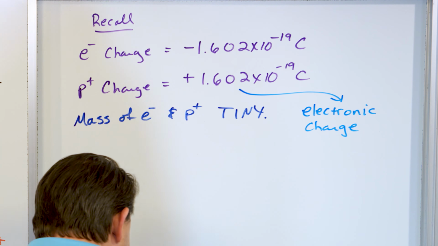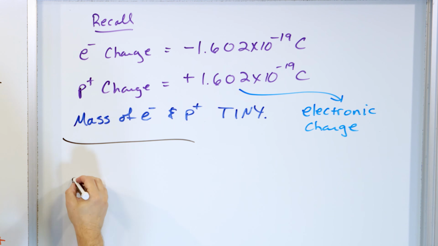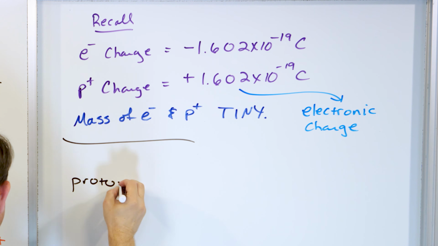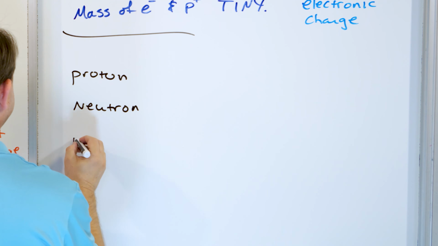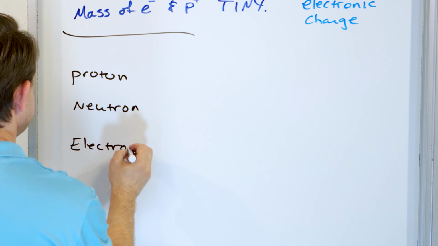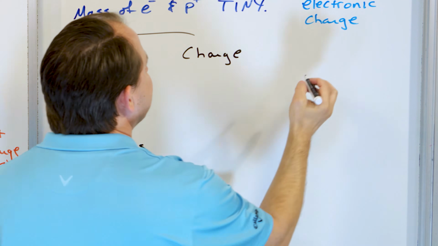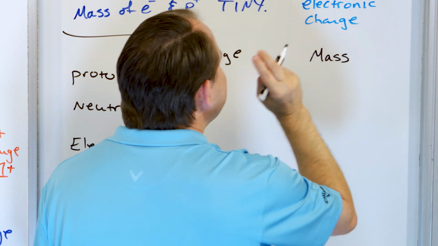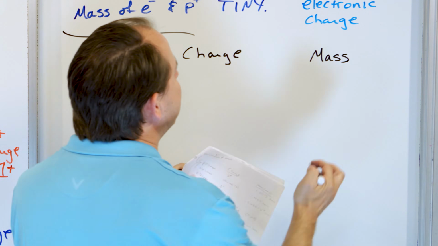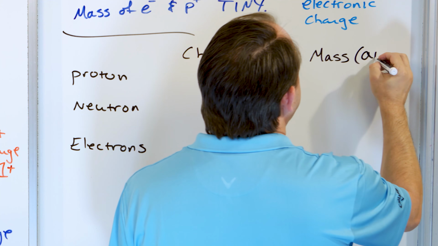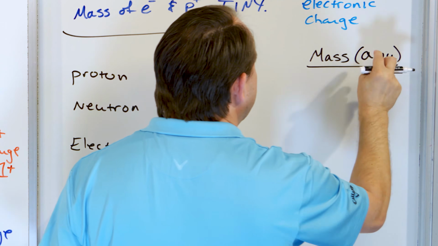All right, so we can make a little table here and we can say, let's talk about protons. Let's talk about neutrons. And let's talk about electrons. And let's talk about their charge, right? And let's talk about their mass. But in their mass, again, the same problem. We don't want to talk about kilograms or grams because they're so tiny. We have a new mass called the atomic mass unit, AMU. And we're going to talk about that in this lesson, and we're going to talk about the AMU in the